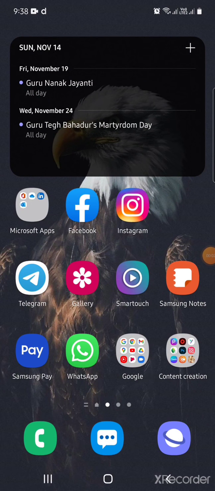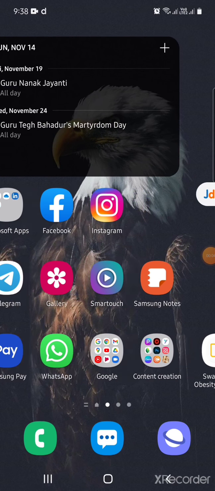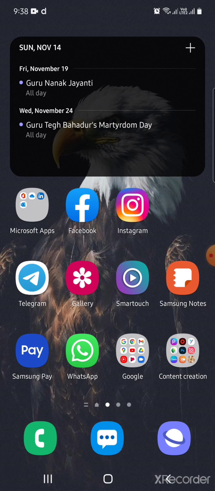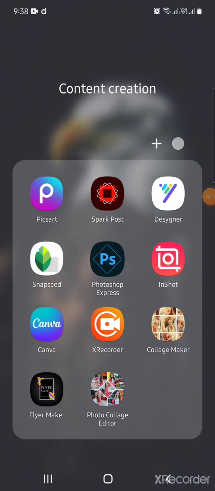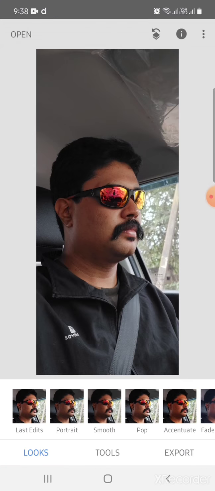Hi guys. So today I just want to create one piece of content on the enhancement of pictures. Whenever you see that a picture is a little dull or not up to the mark, you can just use this app, Snapseed. Whenever you want to use Snapseed, just click on the app.